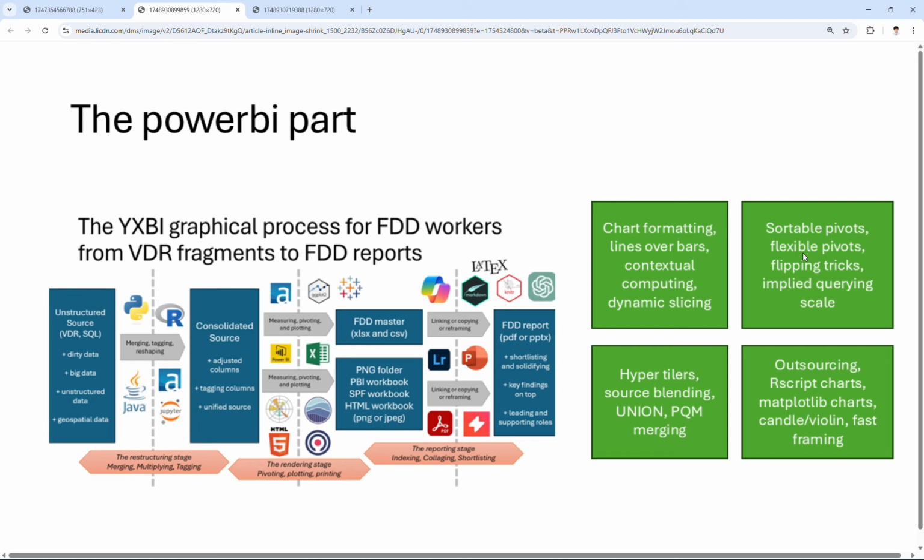pivot. So a flexible pivot in the sense that you can actually combine many measures together in the same place, and then you can cut it in different ways. So you can cut it by measure first, or by FY first, and the other way you can cut the measure by certain breakdown by market, by segment. So these kinds of things are very flexible in Power BI if you know how to use them, the master